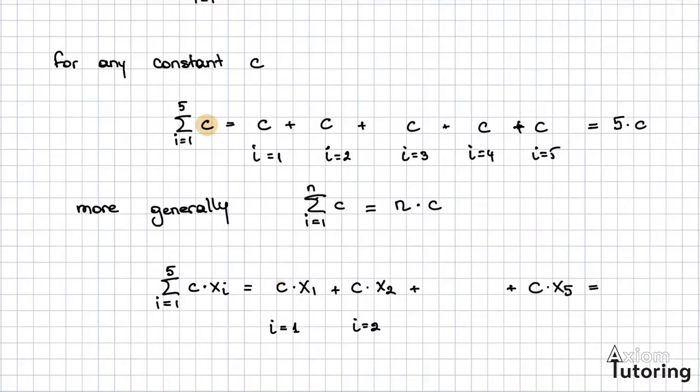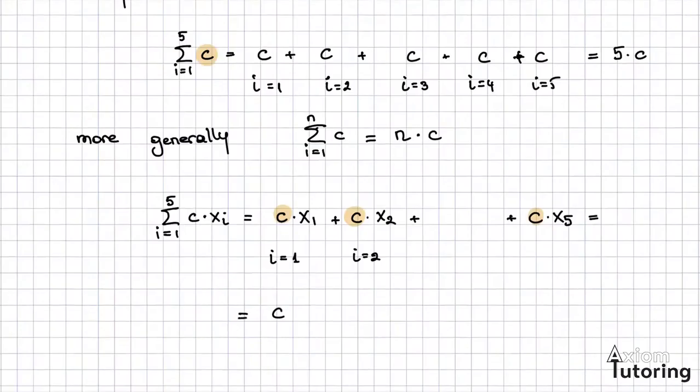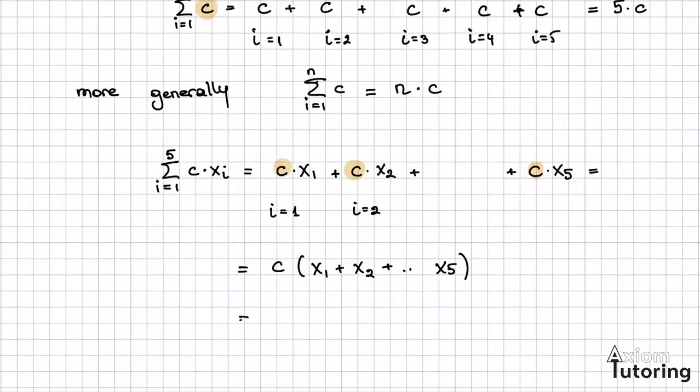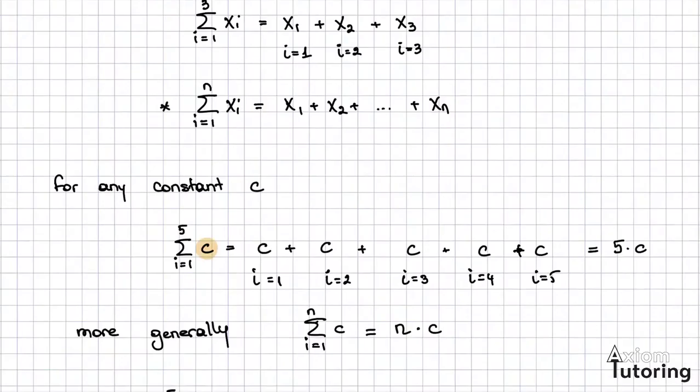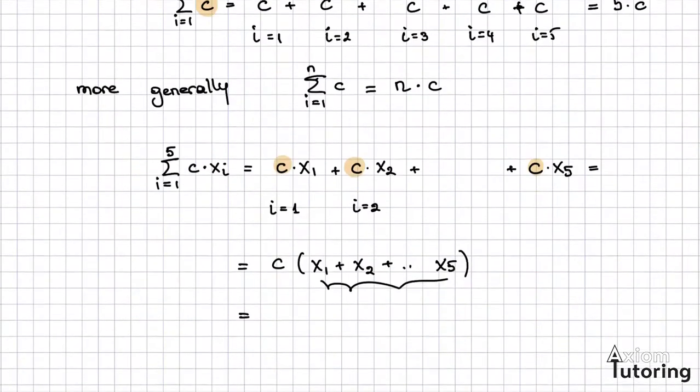It's very clear that the C is the same in every element of this sum, and I'm actually going to move into a new line in here so that I don't have to squish it. So that means that by factorizing the C, I am literally left with x1, x2, until x5. And ultimately, if you think about it, this is just the sum of xi, which is the formula that we saw more generally up here. So ultimately, what I have is that this is C times the sum for i from 1 to 5 of xi. More generally,